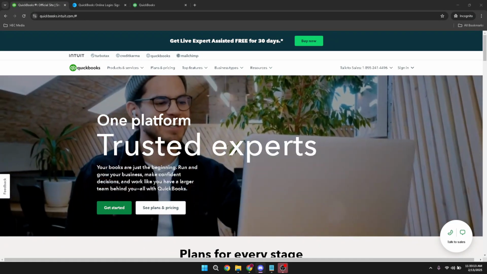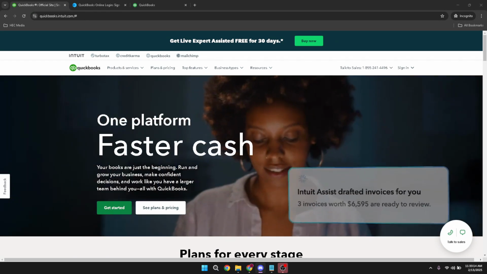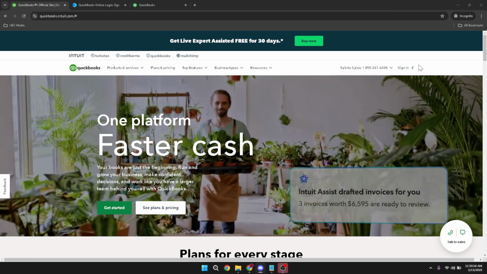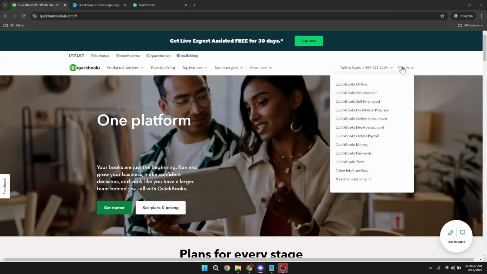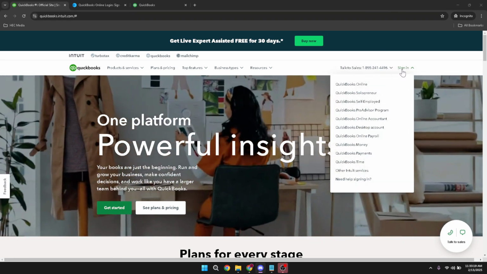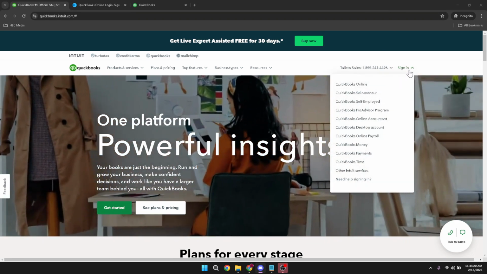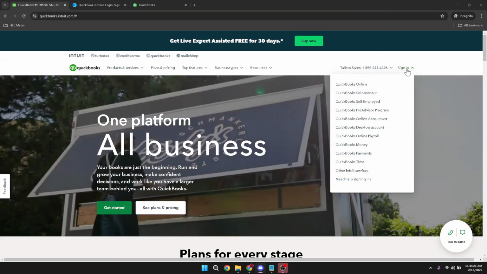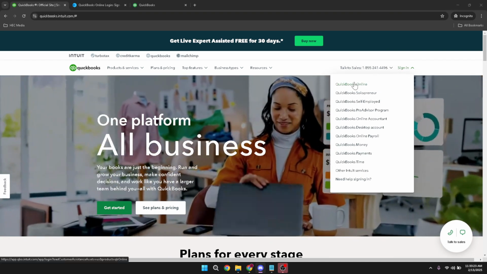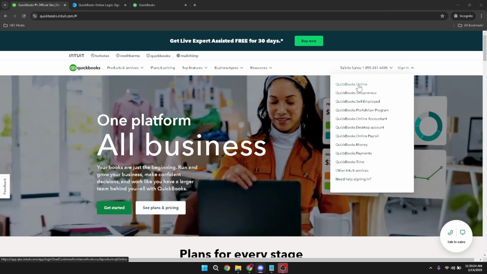Let's dive right in. First things first, to access QuickBooks, begin by clicking on the Sign In button. It's typically located in the top right corner of the home page. This step ensures you're logging into your account, so make sure you have your login credentials handy. Next, from the available options, choose QuickBooks Online. This selection is crucial as it directs you to the online version of QuickBooks, where we'll perform all the subsequent